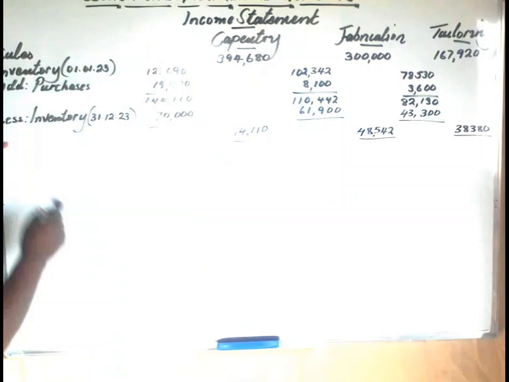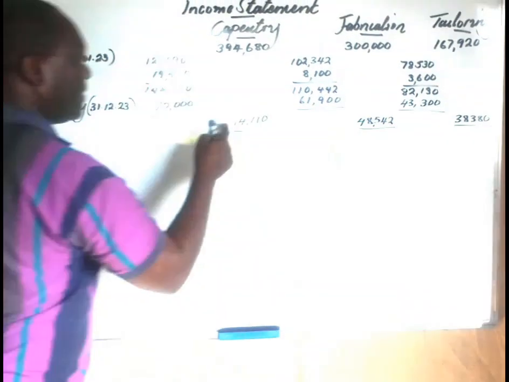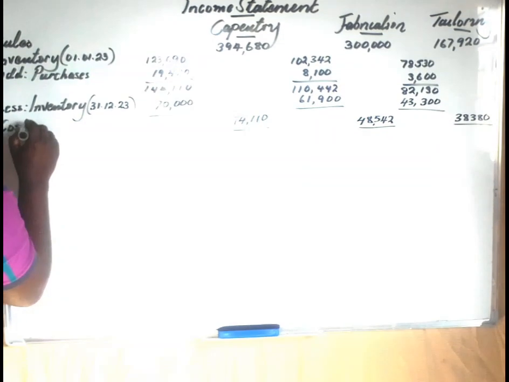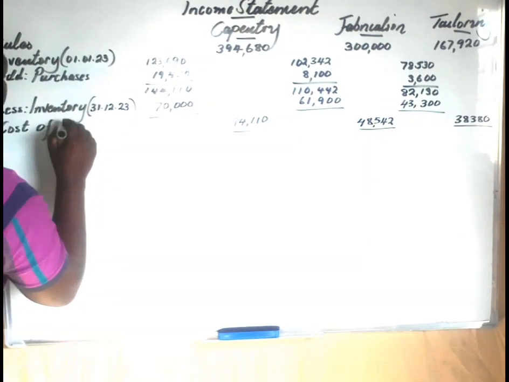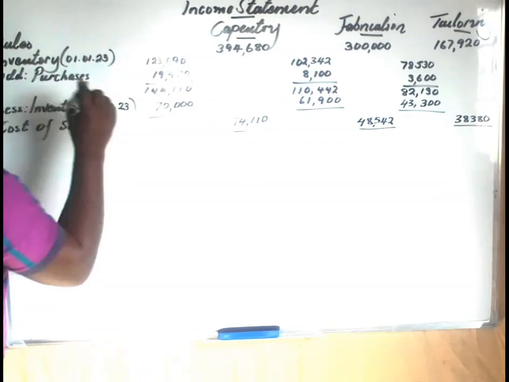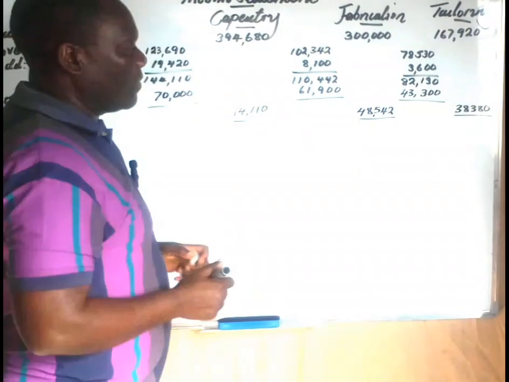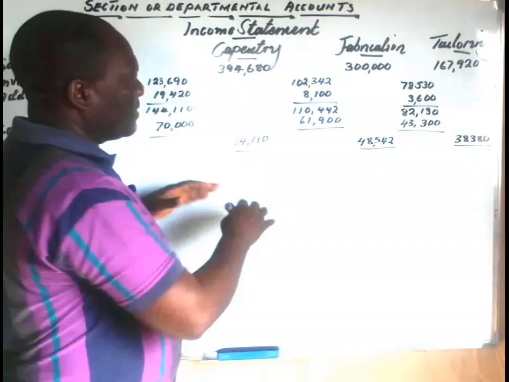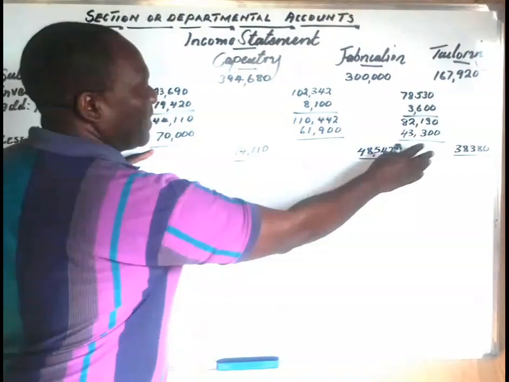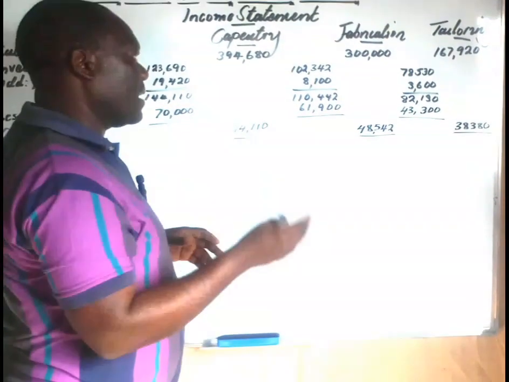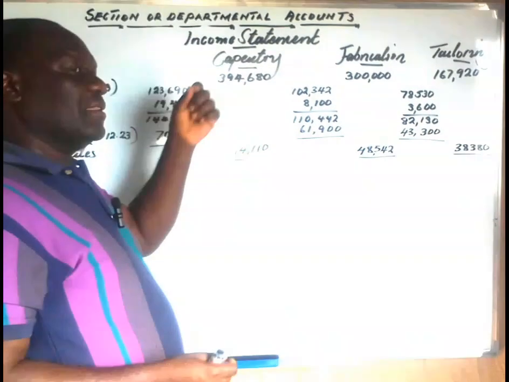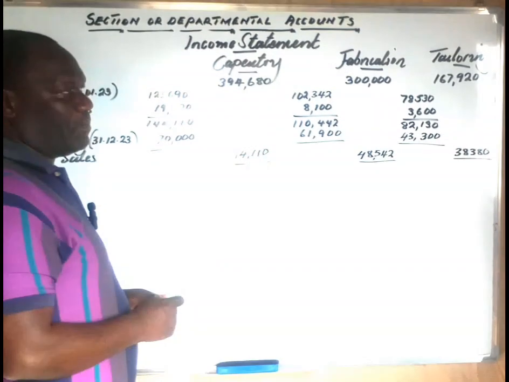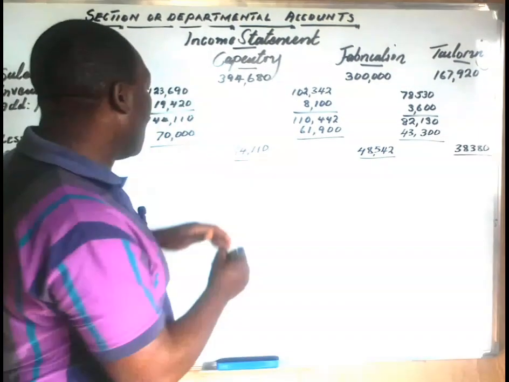These figures, 1, 2, 3, these are called the cost of sales. So the cost of sales will always act on the sales. Why? Because these are the expenditure that enabled the company or enabled you to have the total sales. As a result, we are supposed to less them, we subtract them. Okay? So when we do our subtraction,